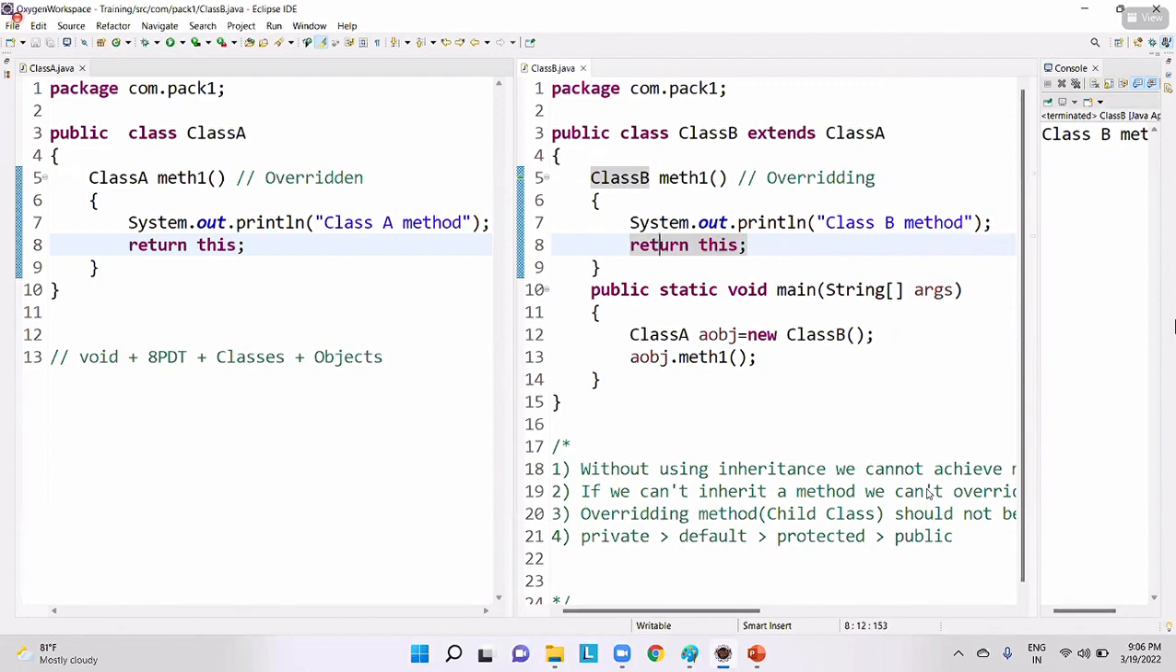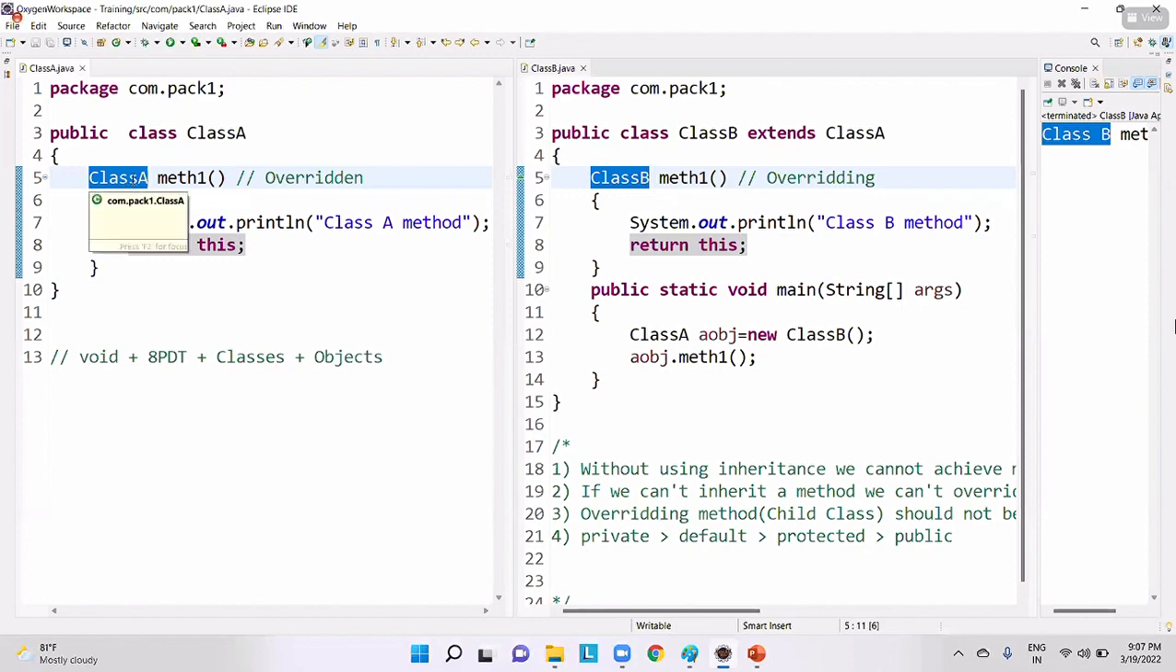Is method overriding happened or not? Yes, it happened. Is the return type same or different? These are different return types. Are these primitive data types? No. What are these? Classes. Am I right? Now, guys, these are known as